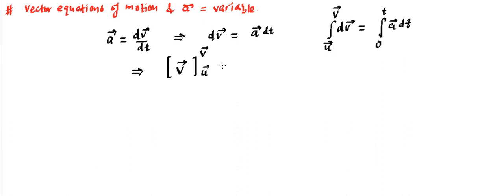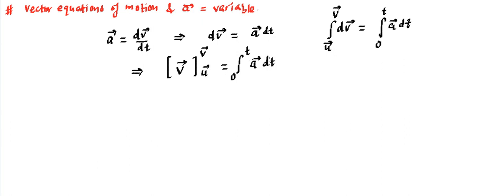We are just applying the rules of integration. Here we can take this a outside, but we can take a outside only if it's a constant, pardon for that. So a here in this particular case we are considering it as a variable. Since it's a variable, whatever a is given to us, we will be placing that a over here. So a will not be taken outside, it will be remaining there, and whatever the definition in the question is given to us, that has to be placed over there. So we can wait for the question to give that value. So we can say it's going to be integration a vector dt.